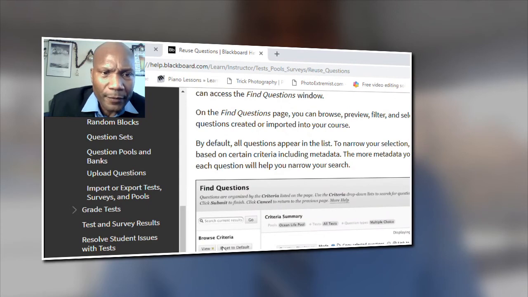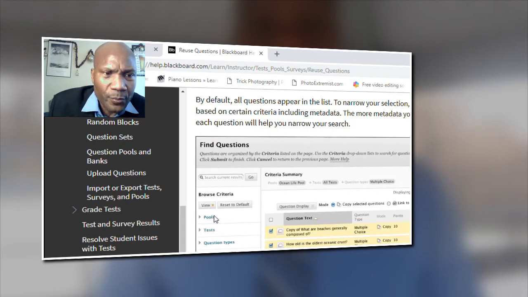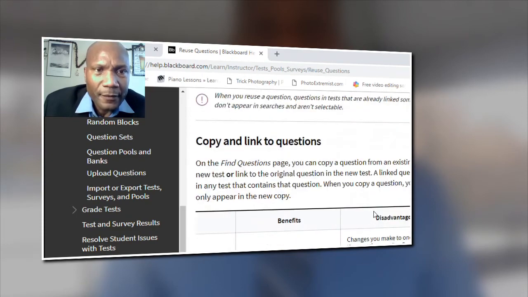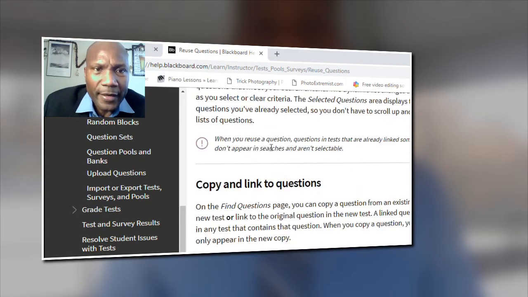When you're on Blackboard, it says reuse questions, and those pools that you're going to import to Blackboard will be on the pools, and those that come up as tests will be the test ones we'll see as either Excel format or text format. And these are the question types, the categories. So if you use Blackboard in the institution where you are, you'll be able to relate to this quickly as I point them out. So you can copy a link to the questions,